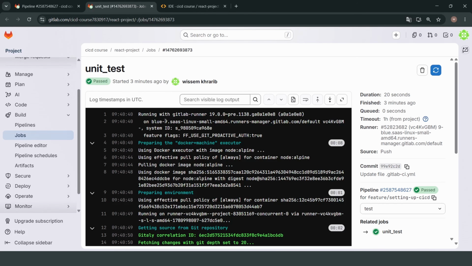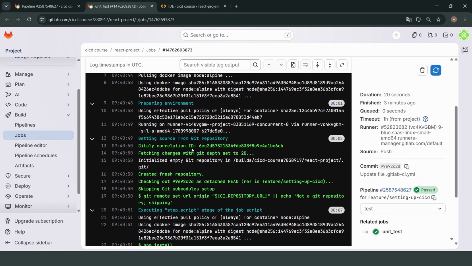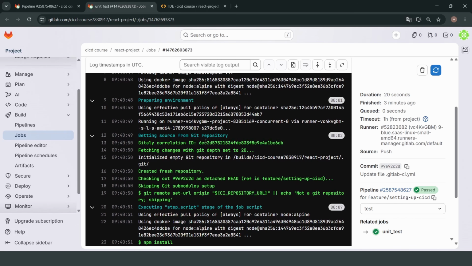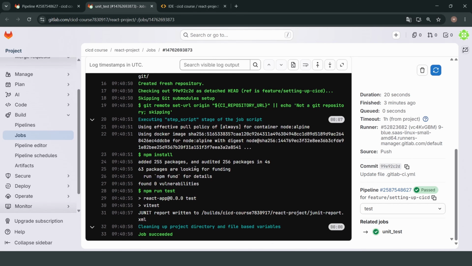So here the unit test job starts by preparing the executor and then preparing the environment. And then here it gets the source from the Git repository. If we go here to the step script section, so it executes first of all the npm install to install the packages needed for the application. And then it executes the npm run test to execute the unit tests of the application. So here the job was completed successfully, but we didn't see the result of the execution of the unit tests